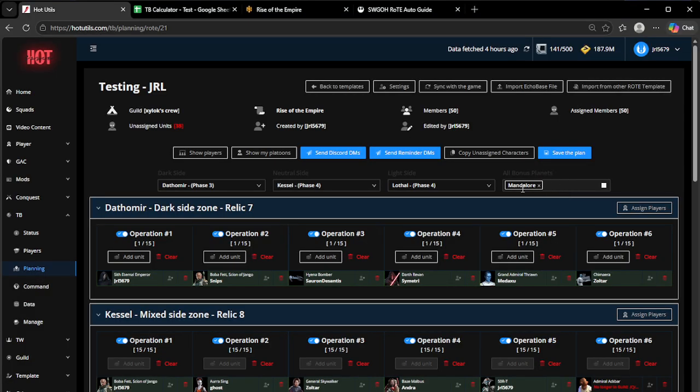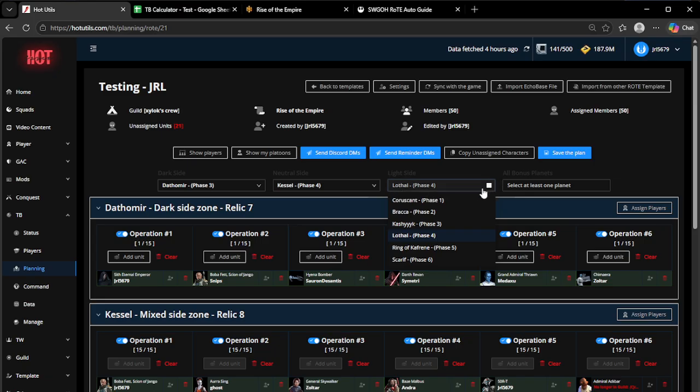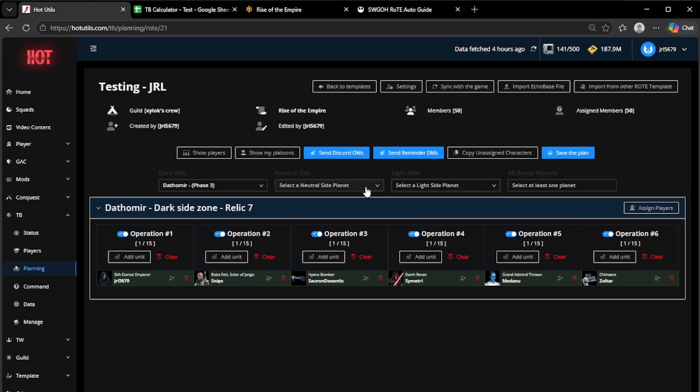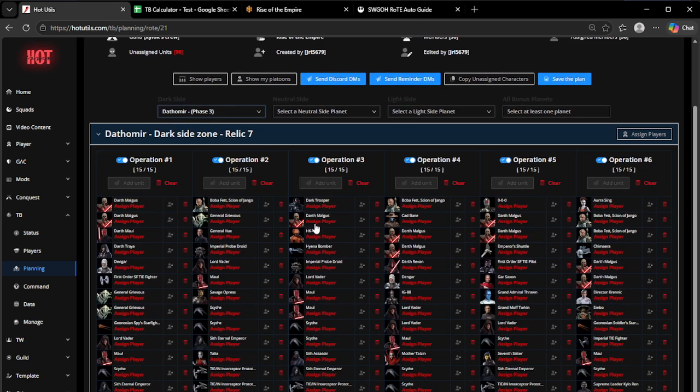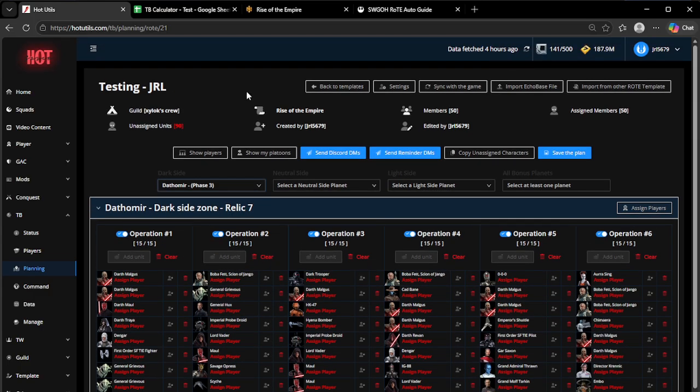My biggest recommendation is every now and then, delete them. HotUtils has an interesting bug that occasionally happens where it will assign, for example, you see how there's 2 Malguses here? I've seen it where it will assign the same player to both of these Malguses. It shouldn't, but it does occasionally. So if you delete the template